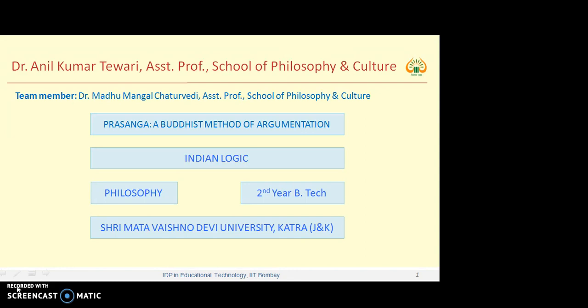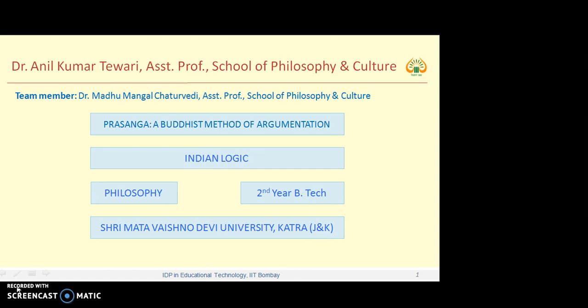We know that Prasanga is the method of logical inquiry which is developed by Nagarjuna, the founder of the Madhyamika school of Buddhism. In this method, a philosophical position is shown to be absurd by exposing the contradictions inherent in the position, and the ultimate objective of such analysis is to point out the limitations associated with the conceptual understanding